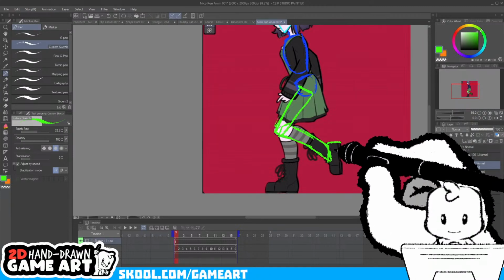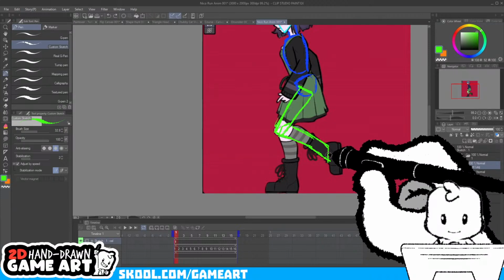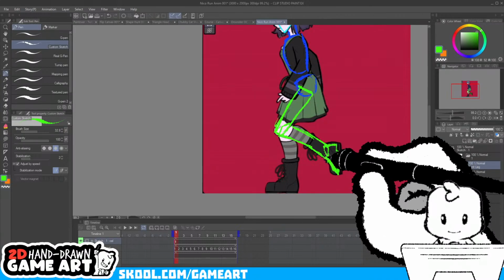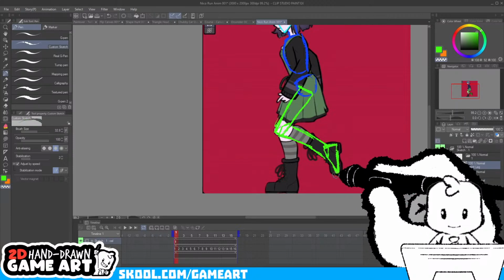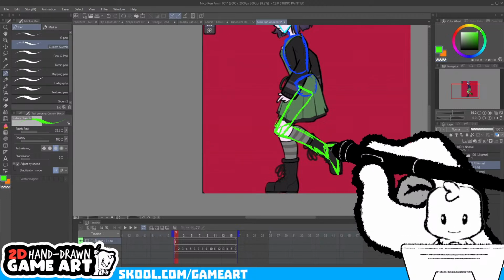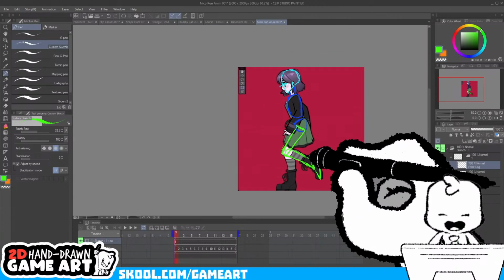She has these boots. We'll just pretend that she doesn't have boots on right now. I like drawing feet as triangles, so we'll just keep it like that for now.